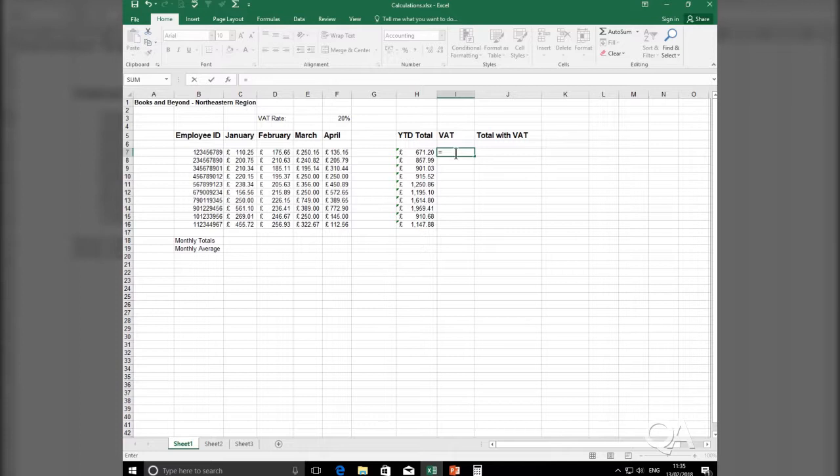I then locate my VAT rate. The VAT rate is found in F3. So if I select cell F3, where the 20% sits at the moment, and multiply it by the year-to-date total. So the first person's year-to-date total is located in H7. So if I select H7, the value is £671.20. That then should give me 20% of £671. As I press the enter key on my keyboard, that should give me the VAT calculation for that first person's